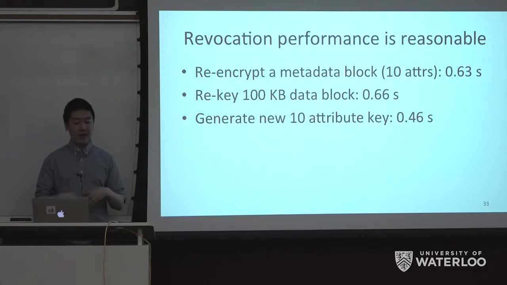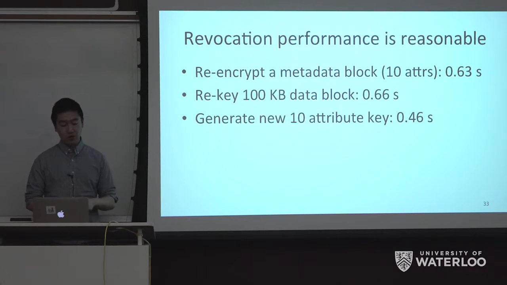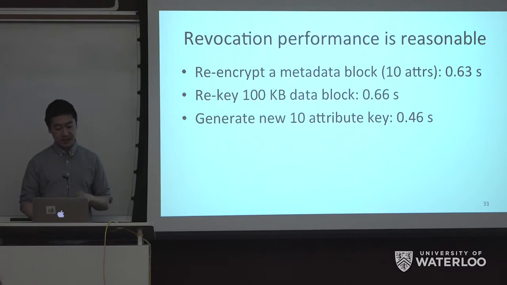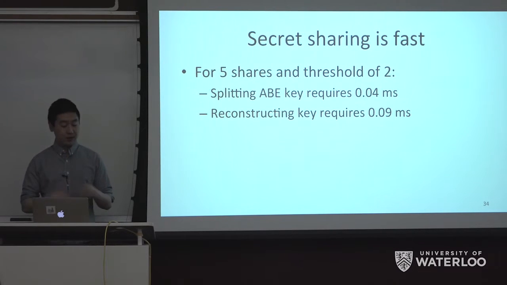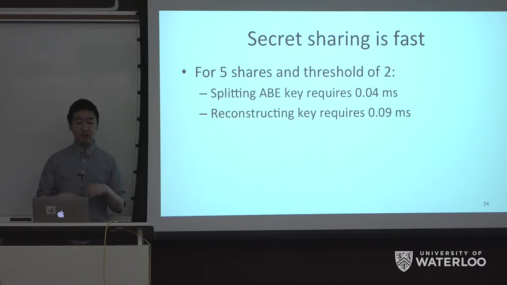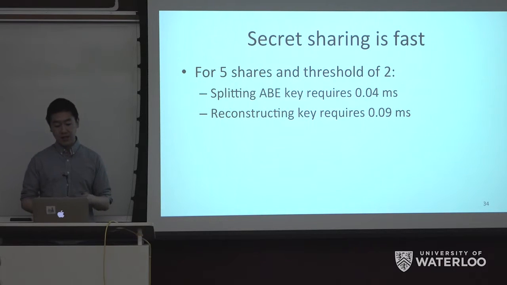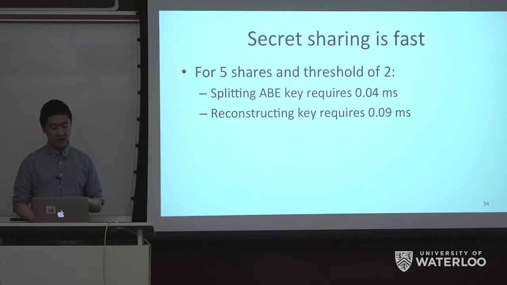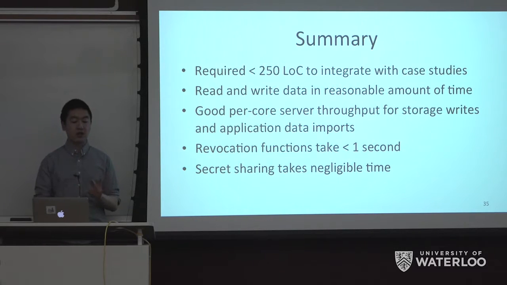We also show that revocation performance is reasonable. To re-encrypt a metadata block with 10 attributes takes about 0.63 seconds. To rekey a 100 kilobyte data block takes 0.66 seconds. And to generate a new 10 attribute key takes 0.46 seconds. And secret sharing is fast. For 5 shares and a threshold of 2 to reconstruct, splitting the key takes 0.04 milliseconds, and reconstructing the key requires 0.09 seconds. To summarize the results, it required less than 250 lines of code to integrate